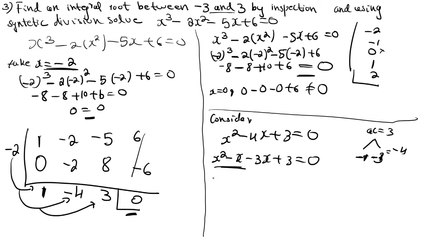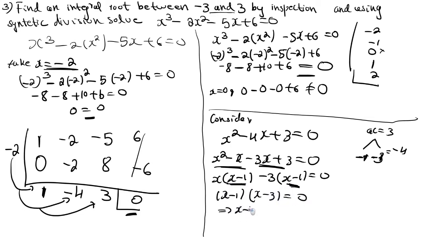Group this one. X into, you can write it as x minus 1. From this take minus 3 outside, what you will get? X minus 1 equal to 0. Minus 3 into x is minus 3x. Minus 3 into minus 1 is plus 3. While factorizing, term inside the bracket must be same, right? So if you simplify this one, what's the common term here? X minus 1. Take x minus 1 outside, remaining term is x minus 3 equal to 0. This implies x minus 1 equal to 0 or x minus 3 equal to 0. This implies x equal to 1 or x equal to 3.